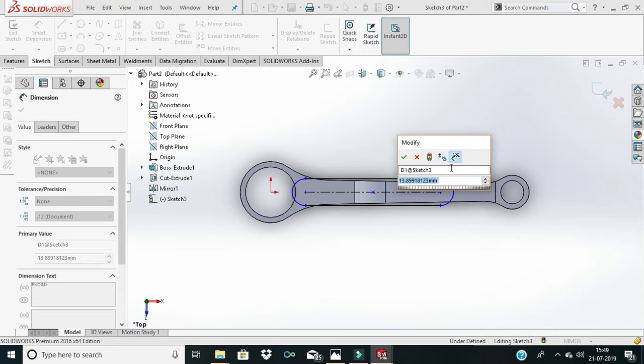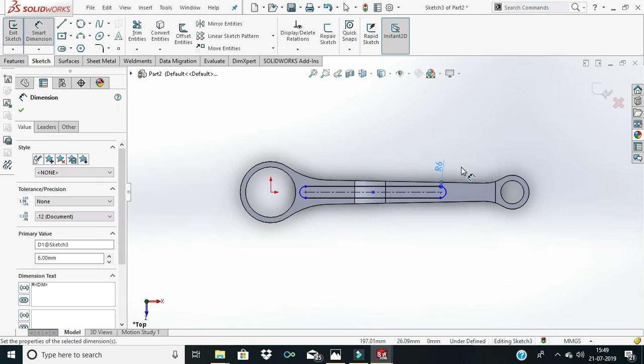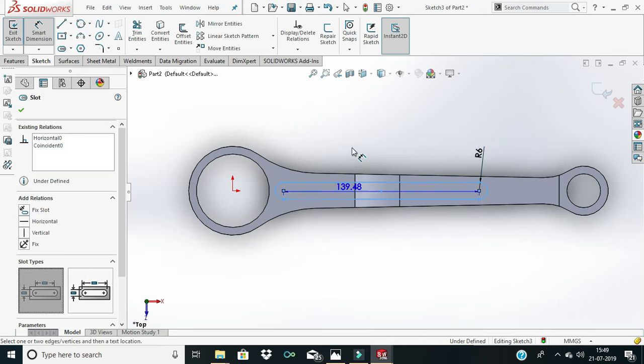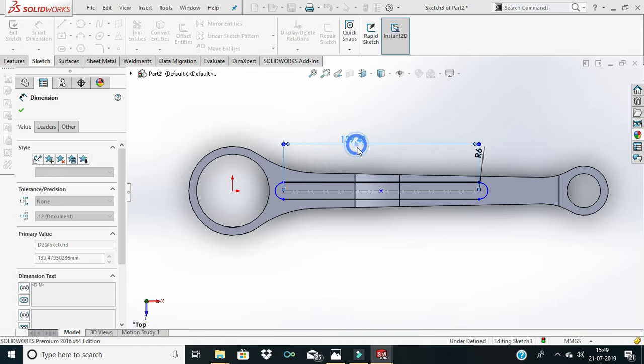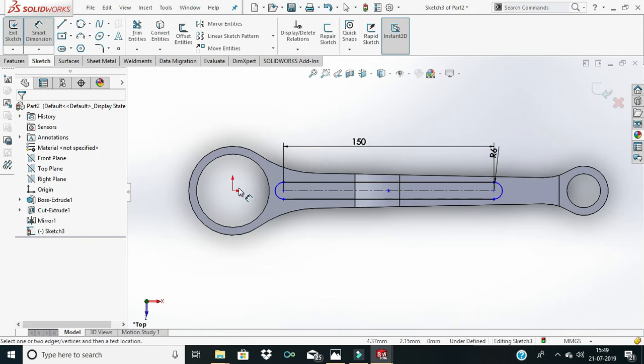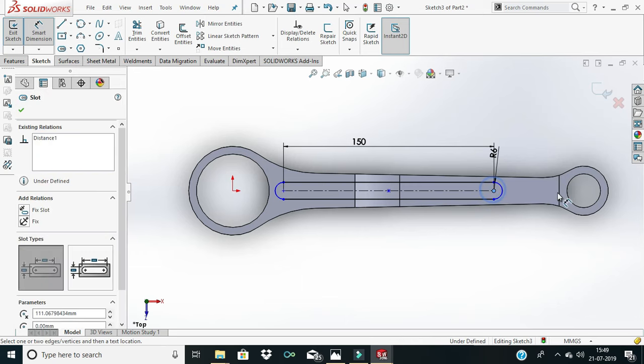This should be 6 radius, and the length of this one is 150, and the distance from this point to the